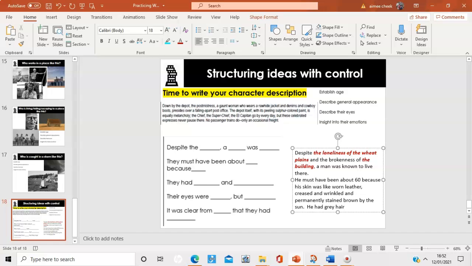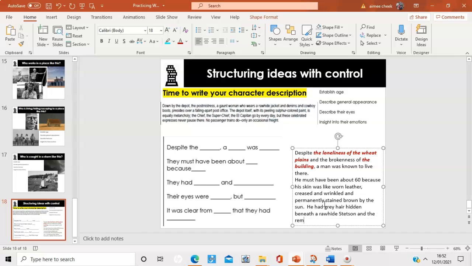So he had grey hair beneath a cowboy hat. A Stetson, we learnt that from Capote, beneath a rawhide Stetson. So he had grey hair hidden beneath, I think would work better, wouldn't it? He had grey hair hidden beneath a rawhide Stetson